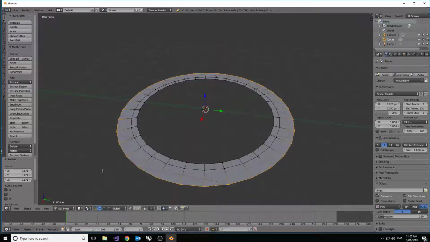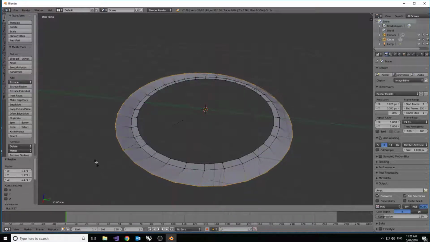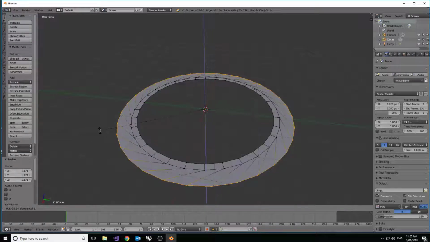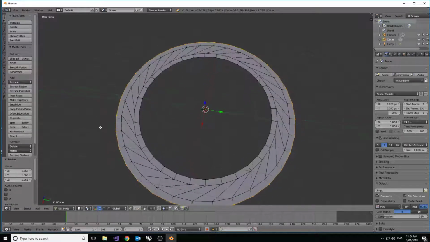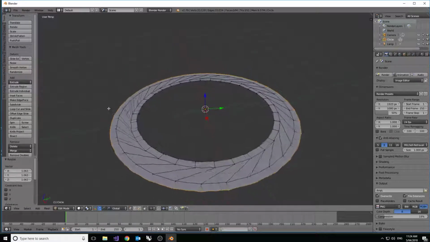Now we want to rotate this extrusion, alright? And make sure you tap Z, that's saying that you want to rotate it directly around Z. Then we want to extrude it in place again, enter, and we want to scale it directly out, just giving us a little ledge on either side of our twist.